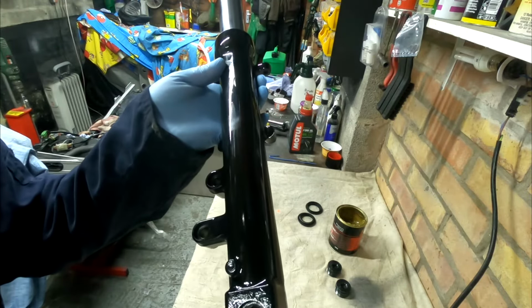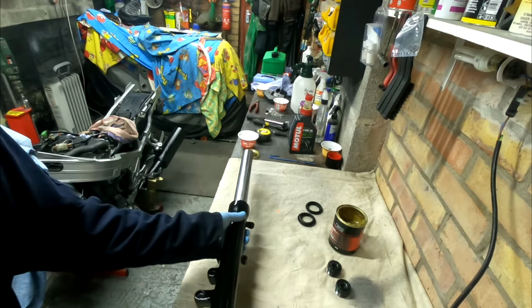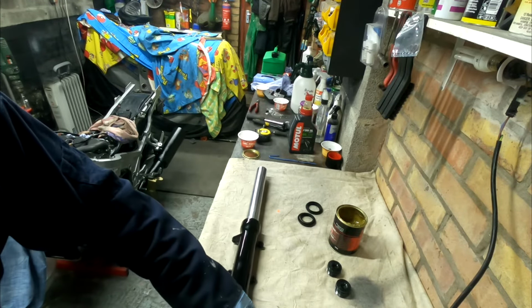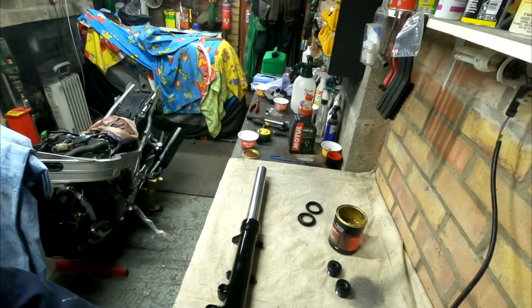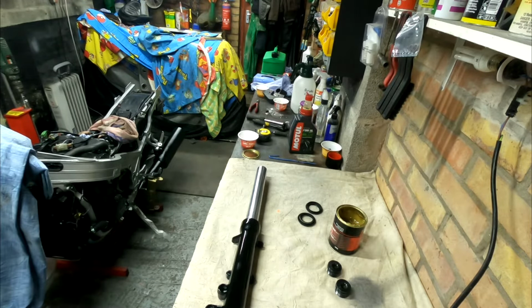So the forks have come out okay with its new paint. We're going to finish it off by putting new oil in it and putting the springs back in and all the rest of the dust seals. Now for this bike, the amount of oil it says you need is